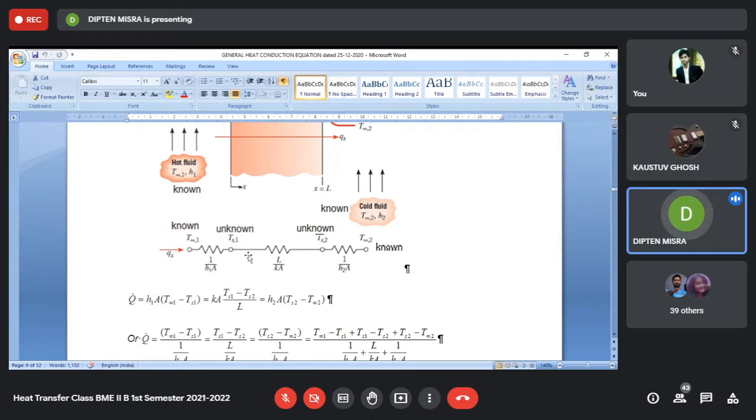Now, the heat is flowing as if through three resistances in series, and the total resistance is equal to the summation of these resistances, the convective resistance 1, then the conductive resistance plus the convective resistance 2, and because of that total resistance there is an overall temperature drop from T infinity 1 to T infinity 2, whose magnitudes are known, and under those situations we can find out capital Q dot X, not small qx, because we will be using small q to indicate heat flux, the heat transfer rate per unit area.